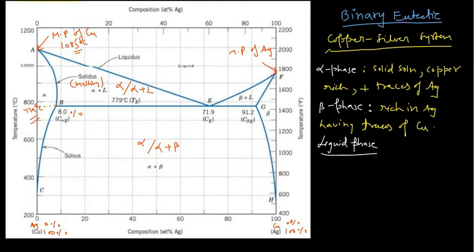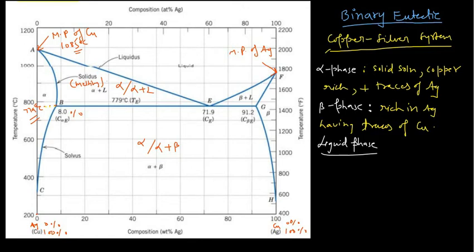Clear? And similarly, if you go to the right hand side, you see this line GF is the solidus line for the silver one, and this is the solvus line for the silver system. This is important, you will remember. And if you explain this one, there is no need to explain the other, but you can say that for this particular beta phase you have this HG, which is the solvus line. Again this is the limit, and this GF is the solidus line.